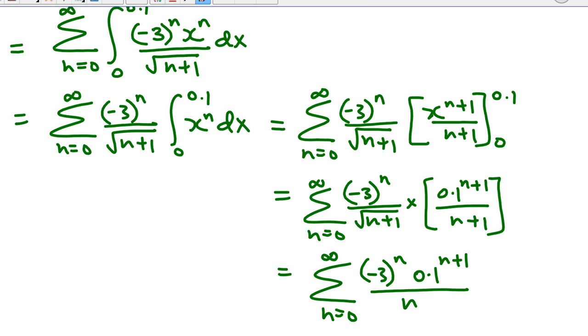Now here I have square root of n plus 1 multiplied by n plus 1. And you don't have to simplify it unless you